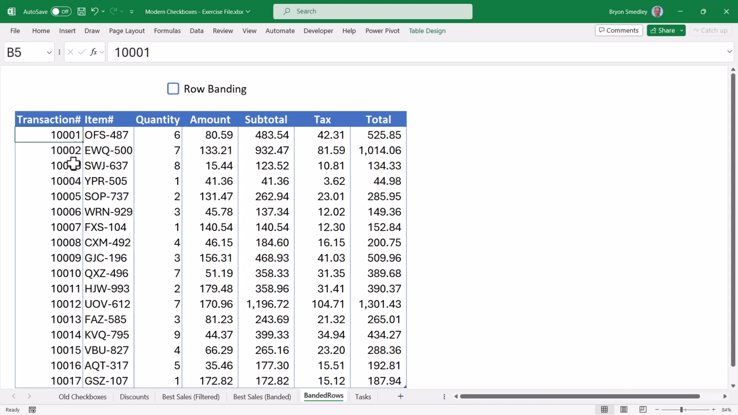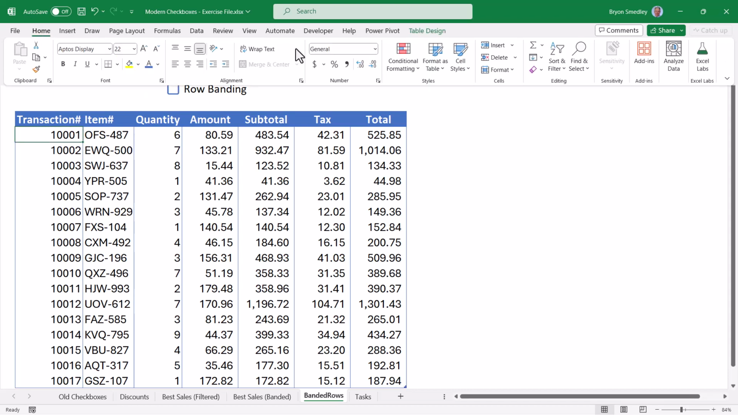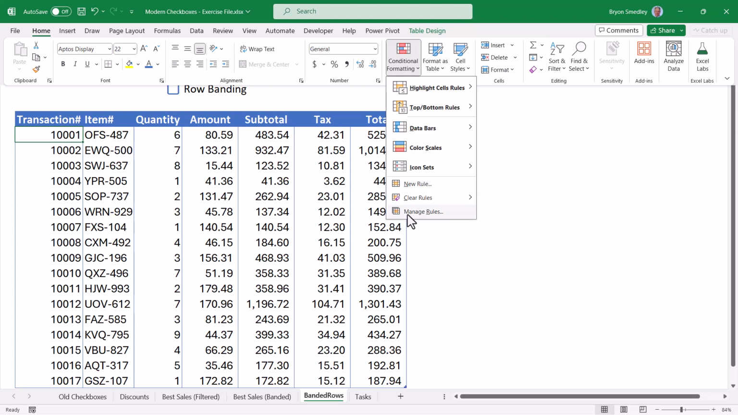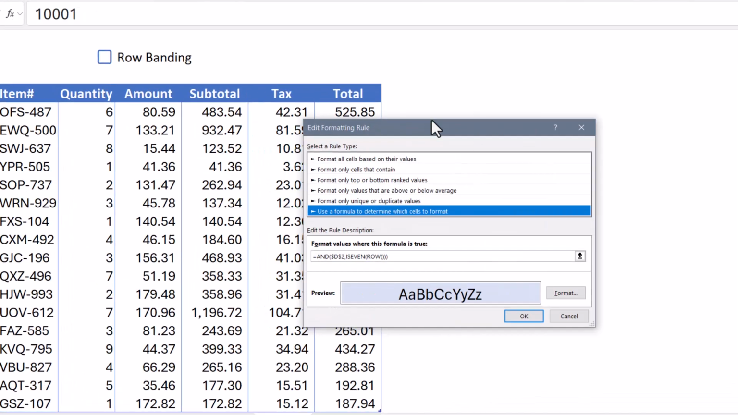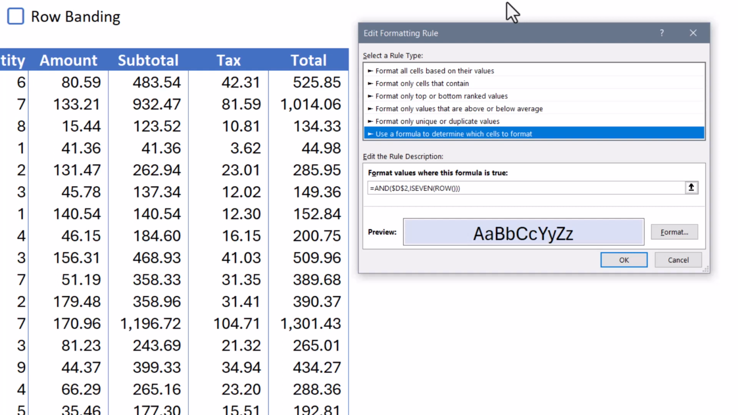So if we select one of the cells in the data range, go up to Home, Conditional Formatting, Manage Rules. Here's the rule. It's being applied to cells B5 through H21, which is the range of data in the table. And if we edit the rule, we can see that this is similar to what we saw before, an AND statement that is testing two conditions. One is just to test the state of cell D2, which holds the checkbox, and that just reads as true or false. The second is to test every cell in that table to see if it is on an even